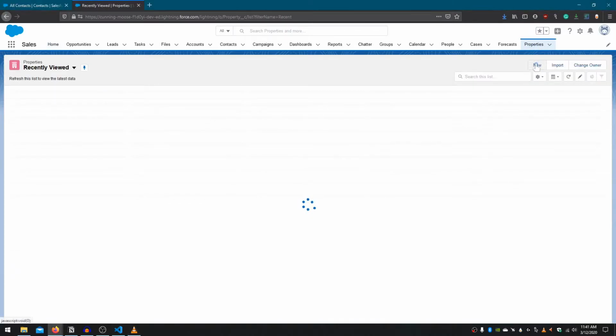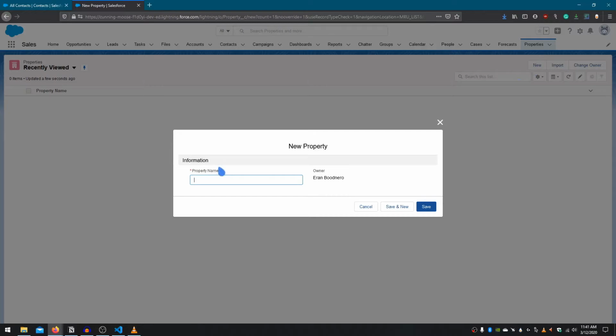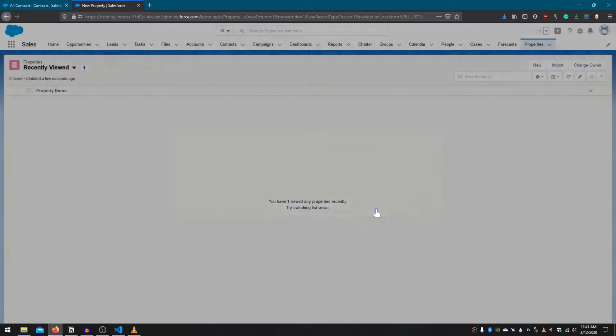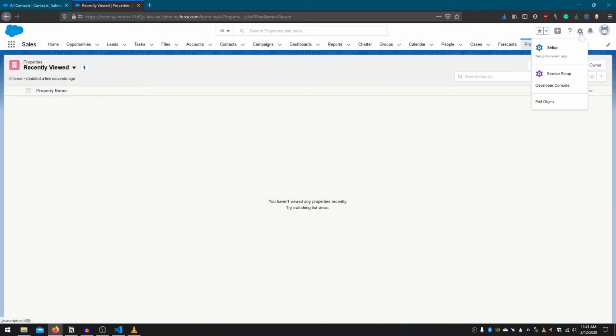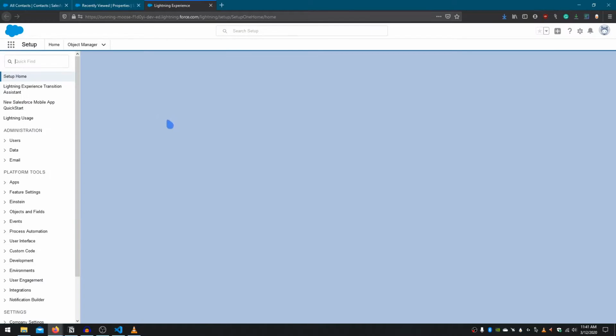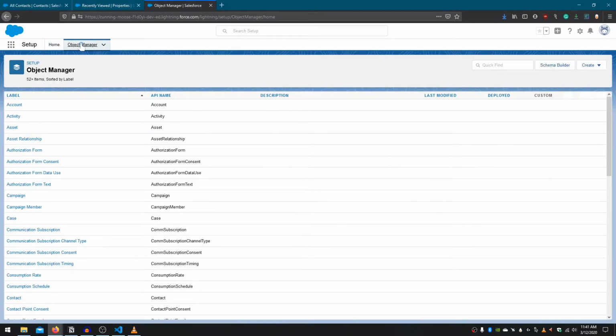If we press New in this tab, we can see that we can create a new property. But the only field for us to input is the property name. So let's give it a field that properties have, like address, for example. To do that, we'll go back to our Object Manager by going to Setup and pressing Object Manager, navigate to